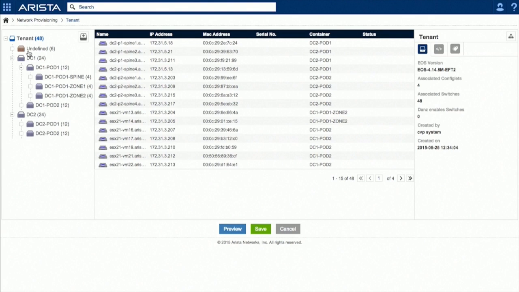So you'll see here that we have a container for the different data centers. Within each data center, we have a container for each pod. In this case, I've actually created a container for each availability zone within each pod. So if I have availability zones across racks for OpenStack deployments, I can create a different container for that. And this hierarchy then gives us the ability to place configuration definitions or properties at more than just a device